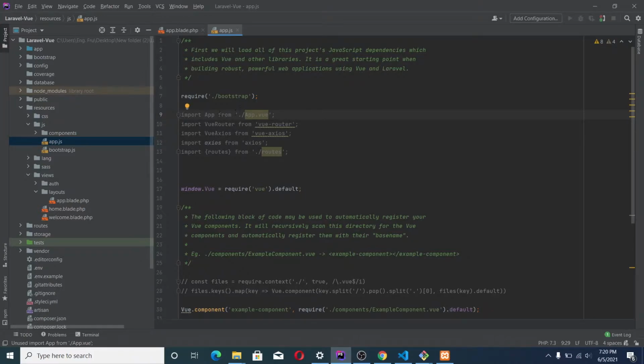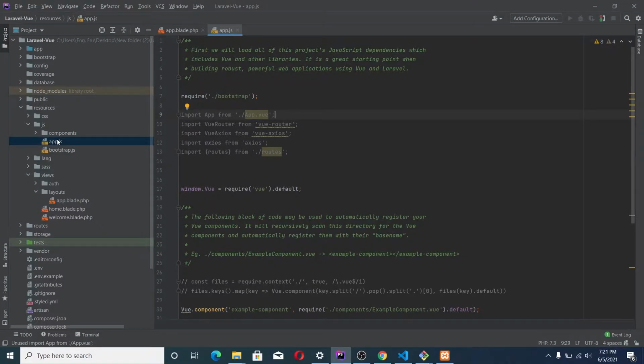We are going to be importing the app for our app.vue. So currently we don't have this file yet. So this is our routes, our base templates for our project. For the view, this is going to be the root template, just as here we have the root, which is the app.base.